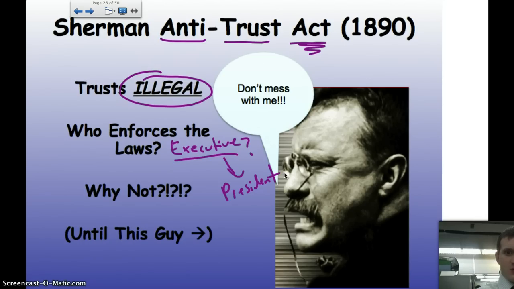Now, if the President doesn't enforce the law, then the law is not going to basically work. And what happened is you have this Sherman Antitrust Act law that was never enforced. And why not? Why did no president enforce this Sherman Antitrust Act that actually made it illegal for trusts? Well, the answer is,